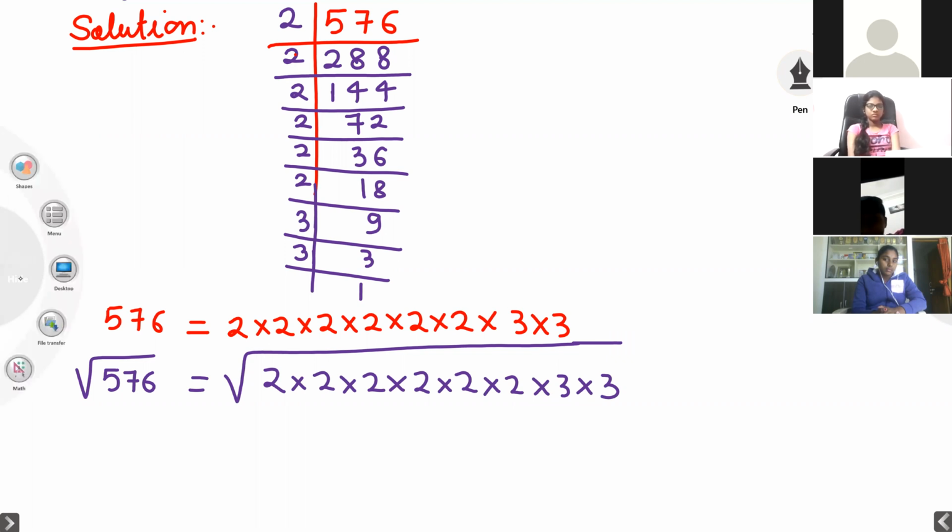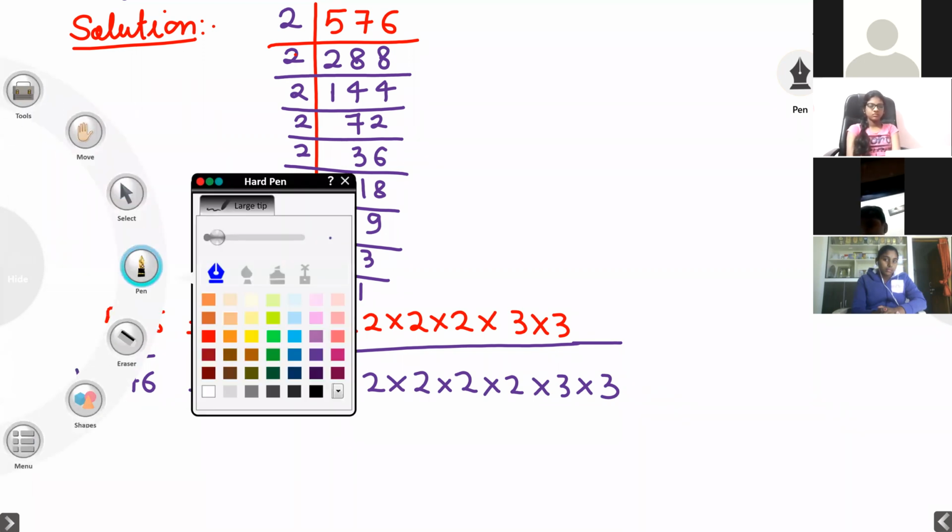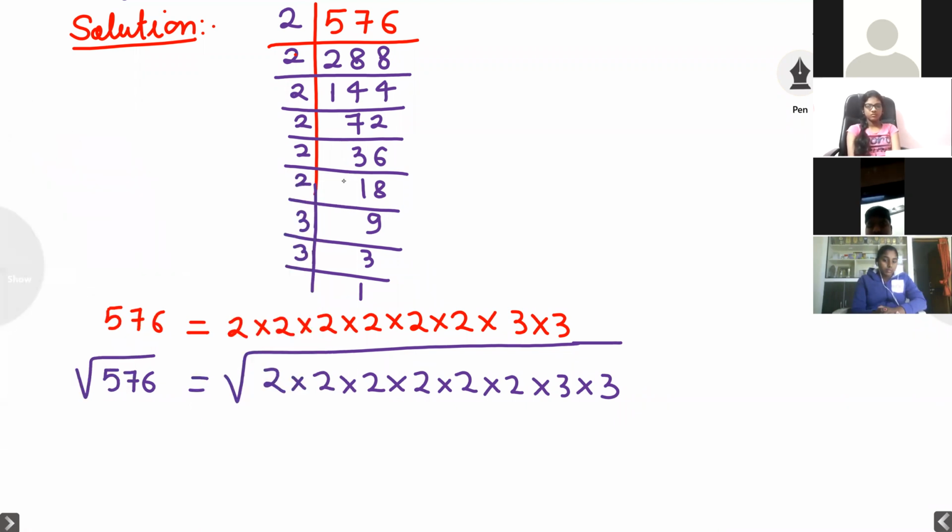Now, in yesterday's class, I explained if I'm talking about the square root, what is the base of that? Base is 2. Now I want to make pairs from the right side. One pair, one more pair, one more pair, one more pair. Now one pair, 2 into 2 is there, one pair will come outside. Means only one 2 will come outside, not both 2s. This one 2 has come outside like that. This also will come outside, this also will come outside, and this will also come outside.